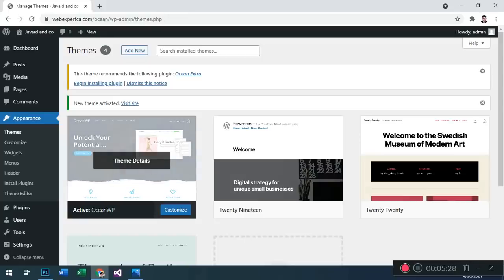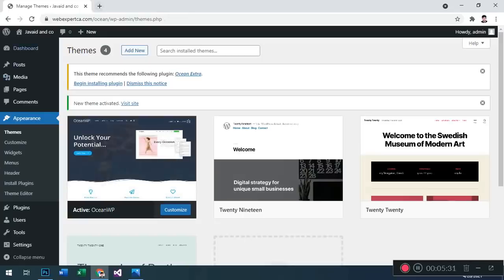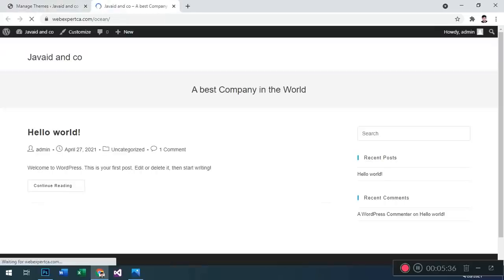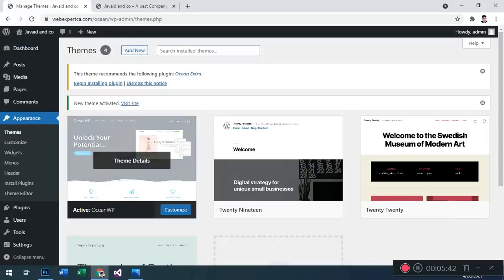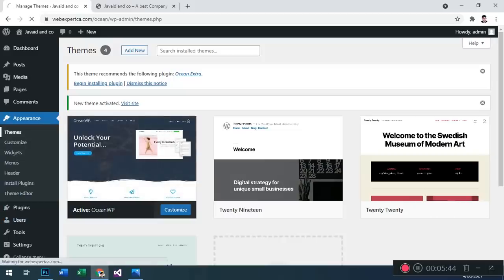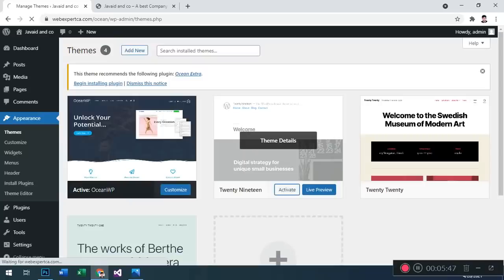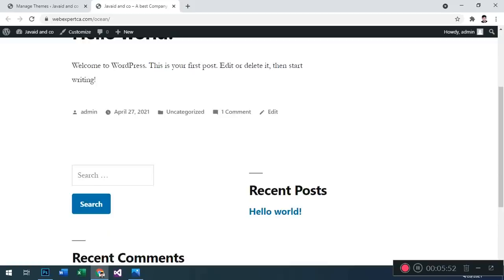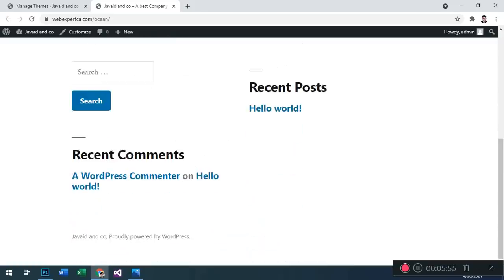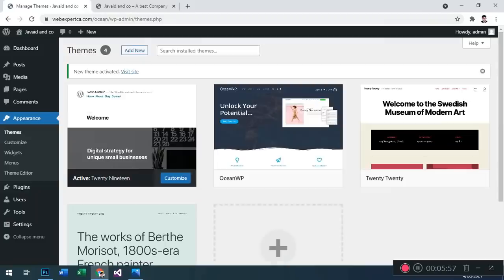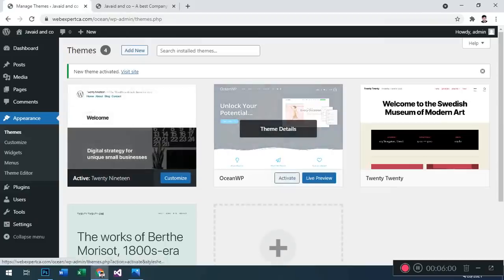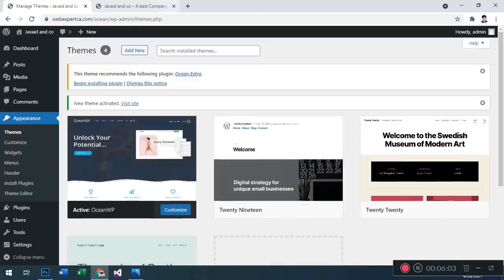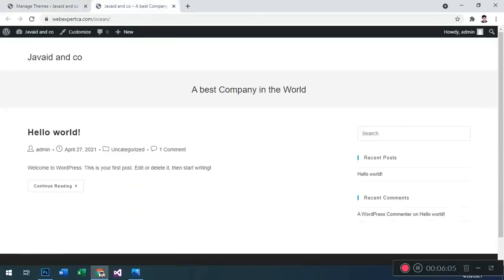Okay, at this time our website looks like this. This is the main OceanWP theme design, activated successfully. If we deactivate this theme and activate the other theme, then you see, when I refresh the page, you will see this type of website, another theme activated at this time. All settings of this theme are shown here. At this time we are going to this OceanWP, press the activate button, then this will be shown here, OceanWP.